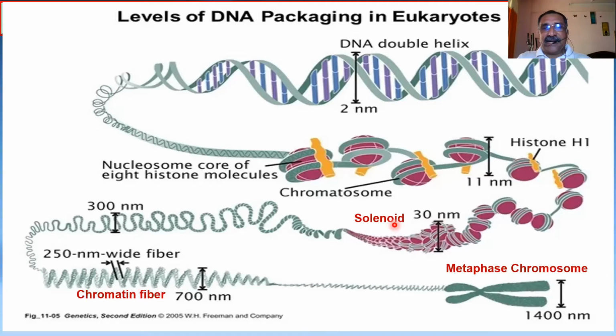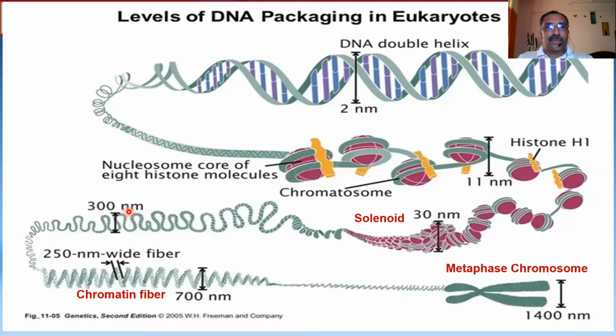Now you can see that this solenoid is again coiling like this. Again it is going to coil just like a telephone wire. टेलीफोन का वायर मालूम है आपका, जो टेलीफोन इंस्ट्रूमेंट घर पे है उसमें रिसीवर के साथ एक कॉइल है ना, वो कॉइल्ड प्लास्टिक वायर है. So it is coiled over here and coiled again, its thickness increases. Again its thickness increases, and this thickness is now around 300 nanometer.